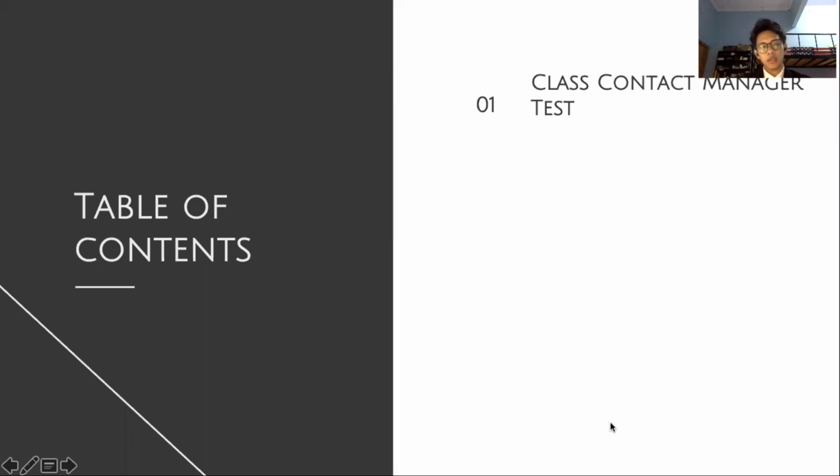In this table of contents, I will give a brief explanation of what we will discover in the following slides. The main discussion for this project is a contact manager test, which contains the test code for this application. This application manages contact information and it's a very simple application with only 2 Java classes inside of it. And then we will move to the following slide, which will be explained by my workmate, Ariel Delfanza.